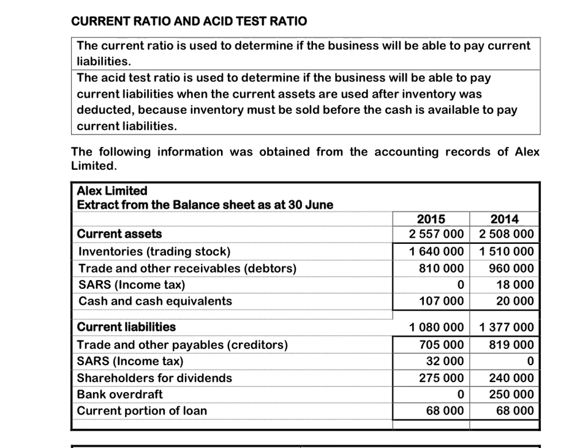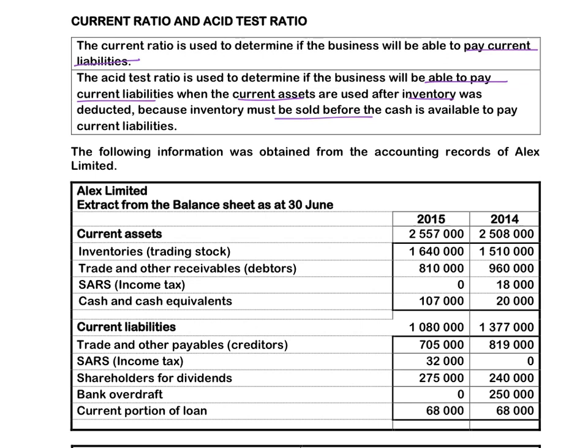when it is available. If we look at the current ratio, we will determine if the business will be able to pay their current liabilities with the money that is available. The asset test ratio is to determine whether the business will be able to pay the current liabilities if the inventory is not included in the current assets. So you take the current assets minus the inventory and then work it out with current liabilities. The reason for this is that the inventory must first be sold before cash is available to pay for the